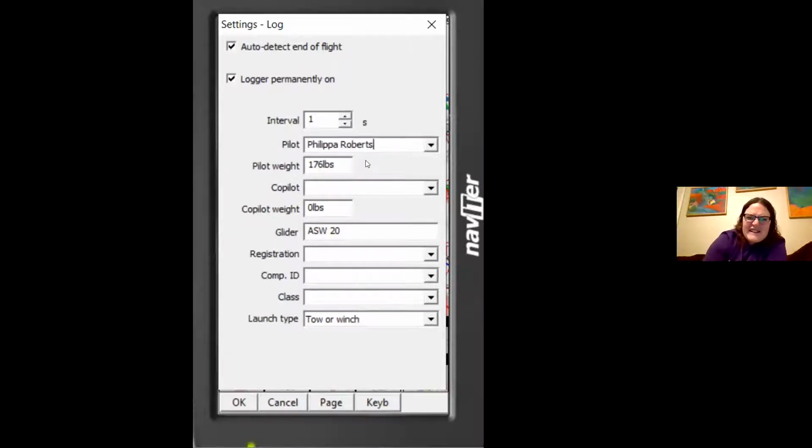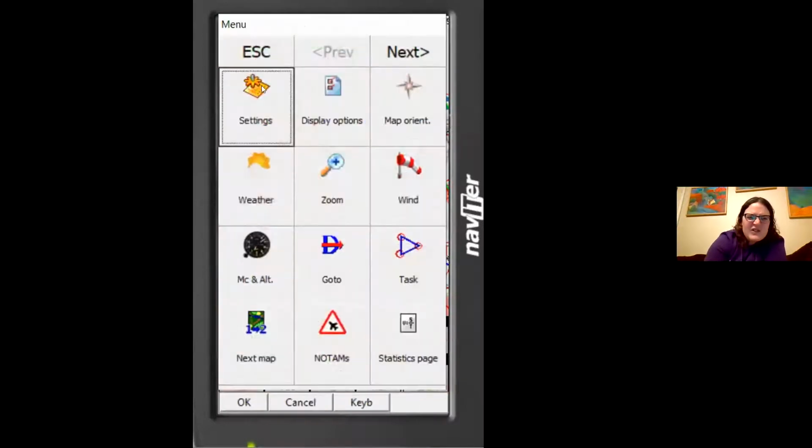I've not actually set up the sim properly yet. You can also enter the pilot weight. If you're flying in a two-seater, your co-pilot, you can see I've got it set as my ASW 20 there. You can enter registration, comp IDs, etc., so that when your file is kicked out, you've got all of the details of that flight. And I'll show you at the end how to